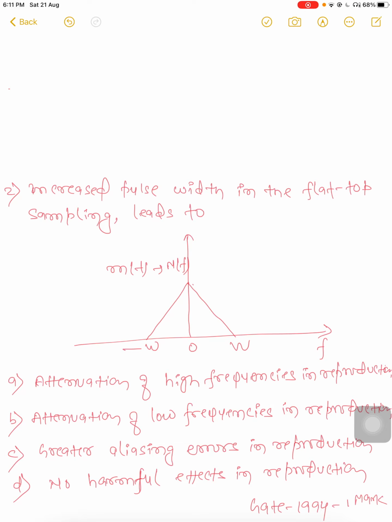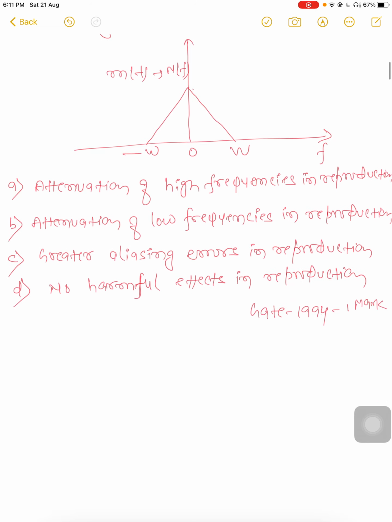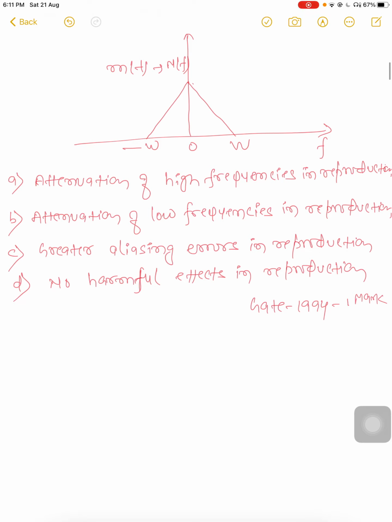question number 1. Now question number 2. Increased pulse width in flat top sampling leads to this. So see, it is flat top sampling, so a pulse width in flat top sampling, first